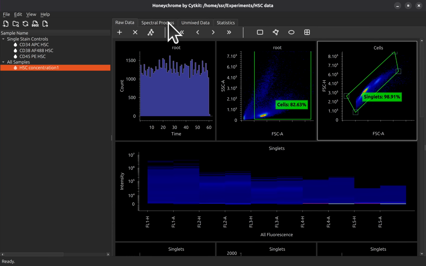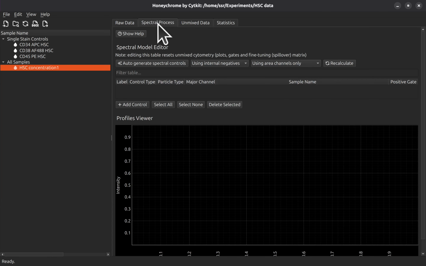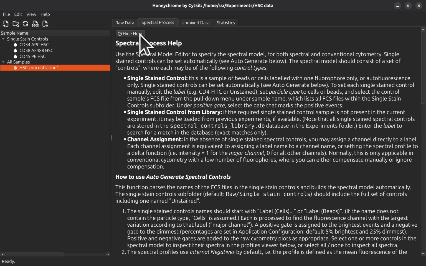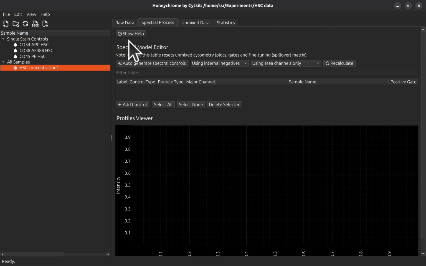Now, the next thing to do is to define the spectral process. I'll change that tab, and now there's some help, a description of the spectral process and how to use it, but I won't go through that now. The main button here is this, auto-generate spectral controls. If you've got a list of